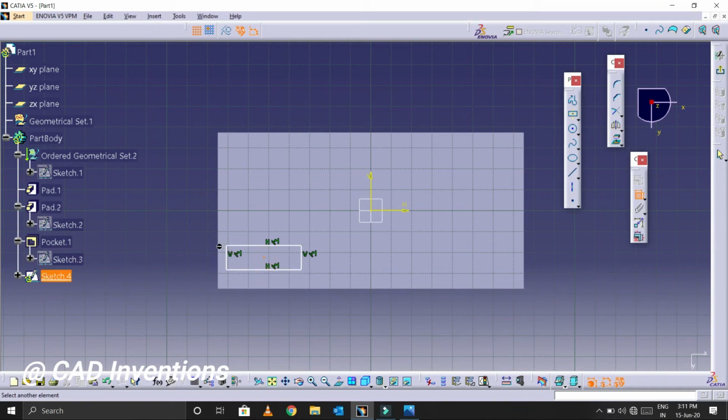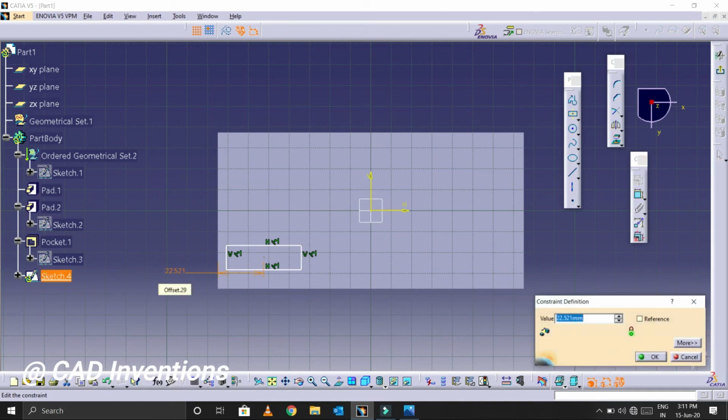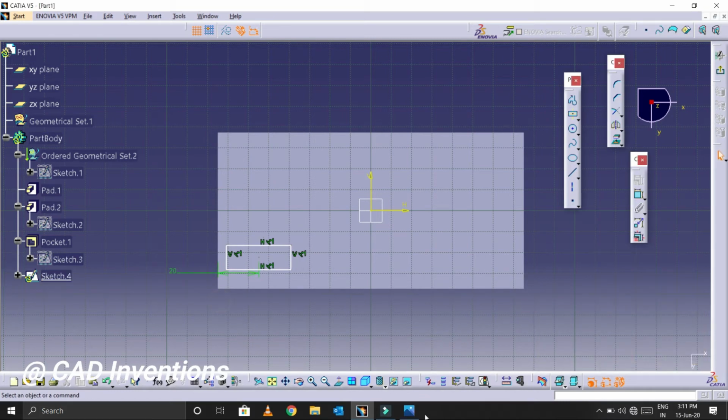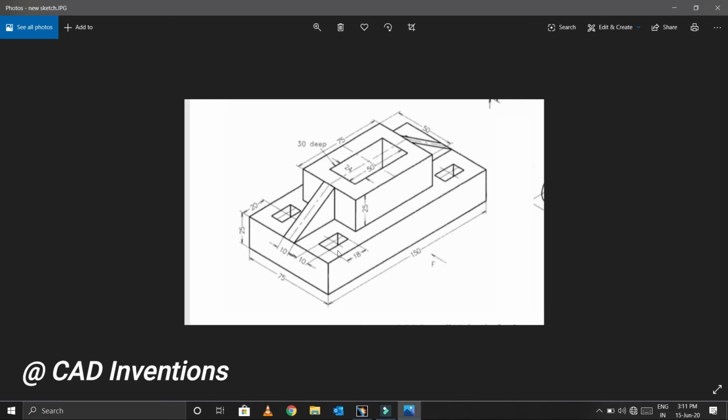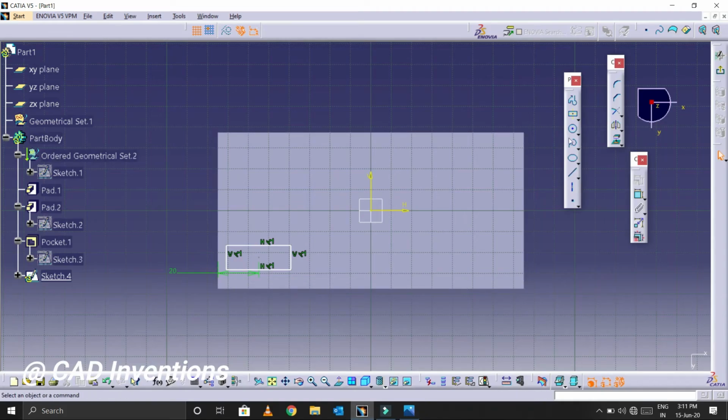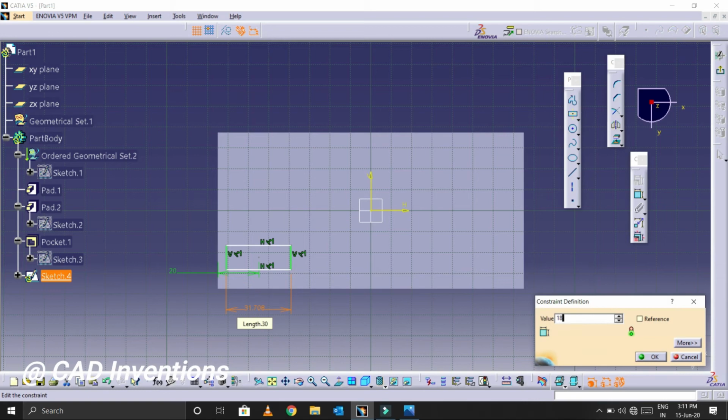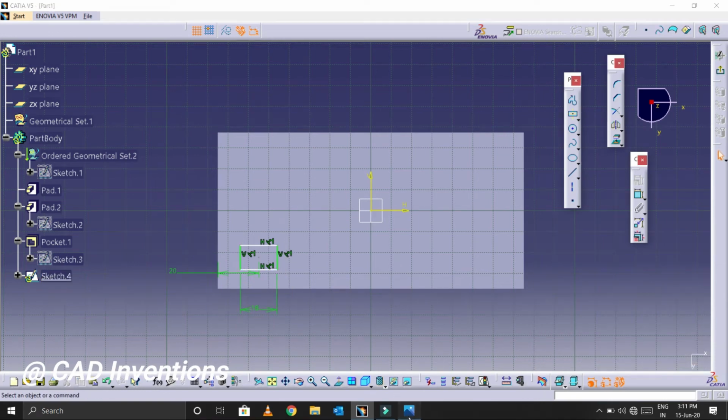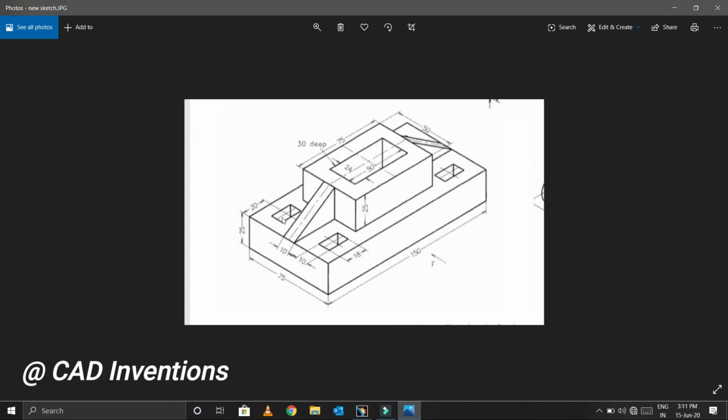From this point to this point the distance is 20. And the total length of the rectangle is 18, and the width of the rectangle is 10.